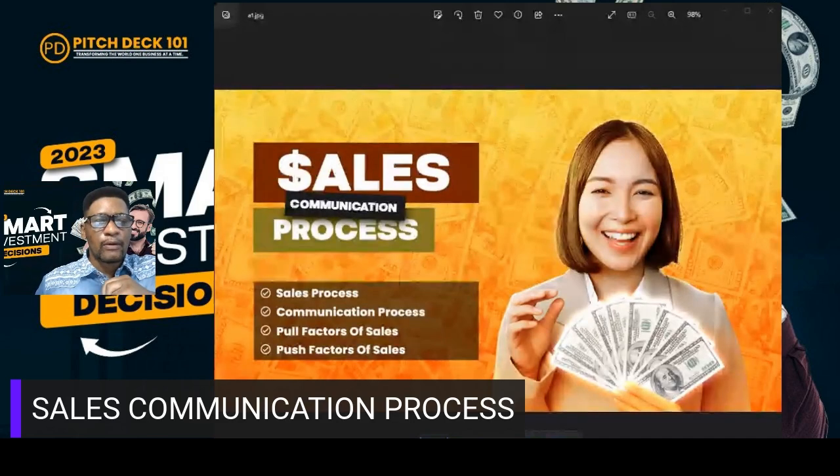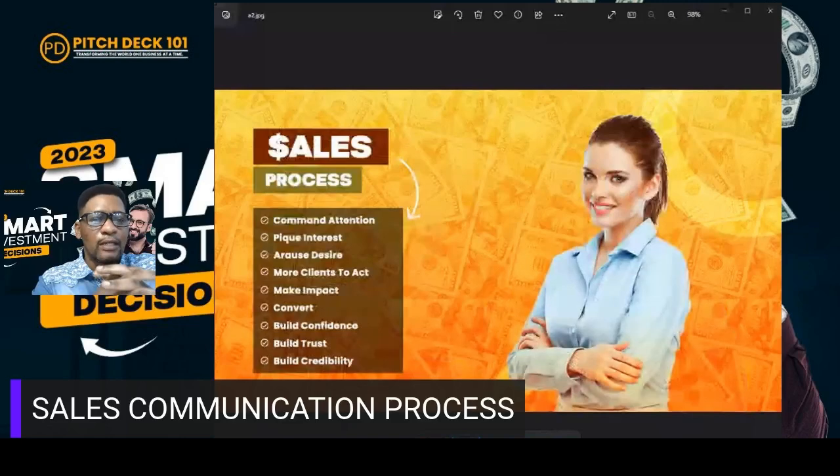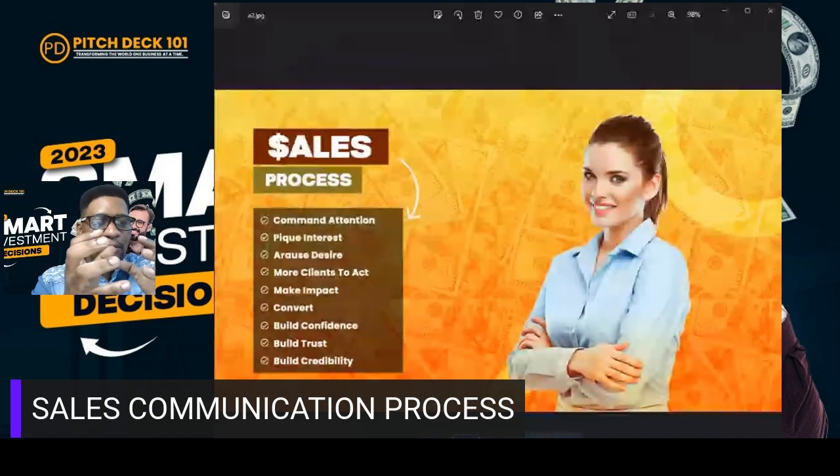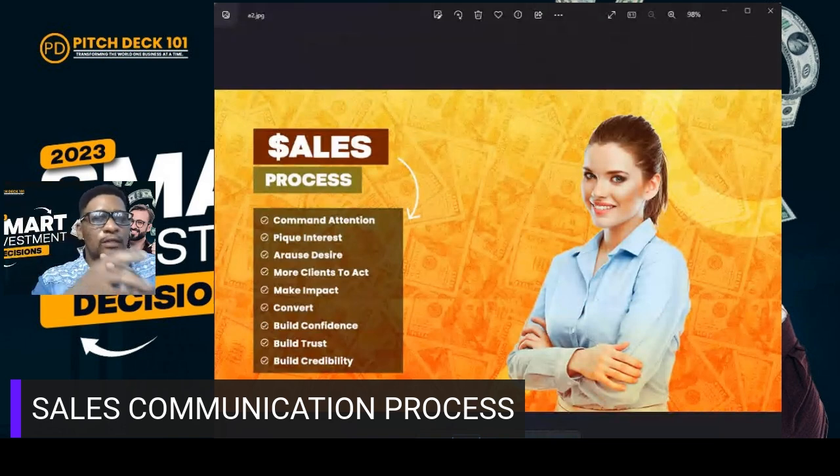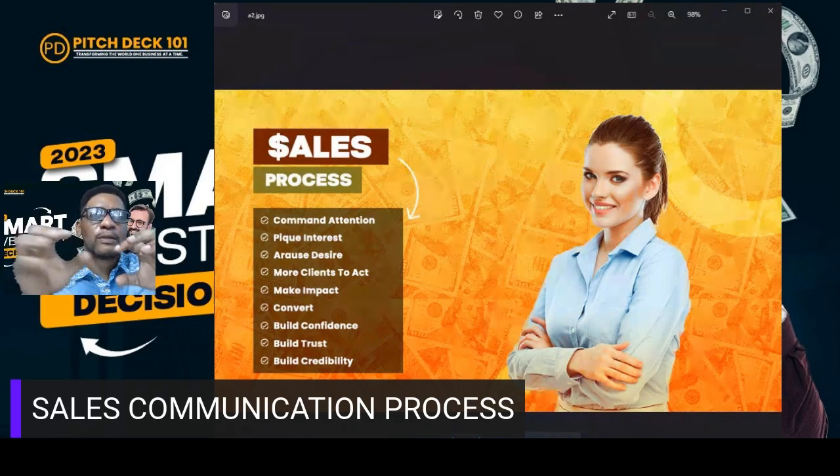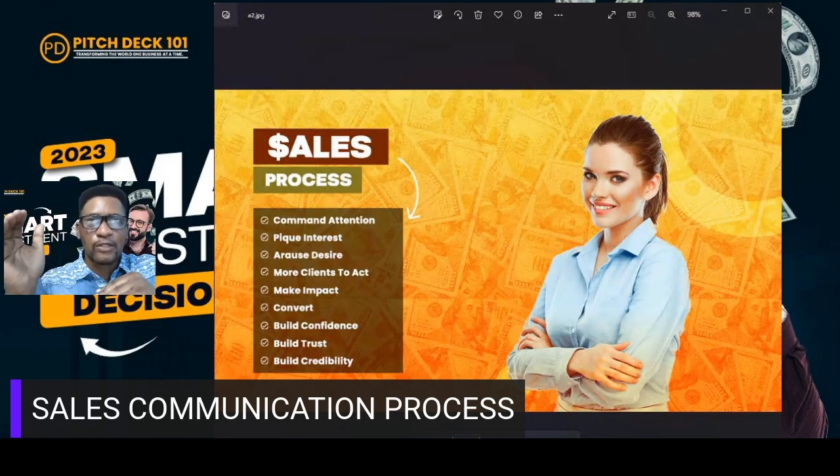Now, some of the importance of the sales communication process, and let's take the first aspect of it. We're talking about what is the sales process? What exactly is the sales process? The very first concept. Now, traditionally, you bring in a team member, you provide some degree of training, but what is it that you expect that sales agent, that sales representative to do for you? These are things that you want to be very, very clear of. We have developed a blueprint that really helps you to apply the systems that we're giving to you with clinical precision that enables you to achieve greater results.